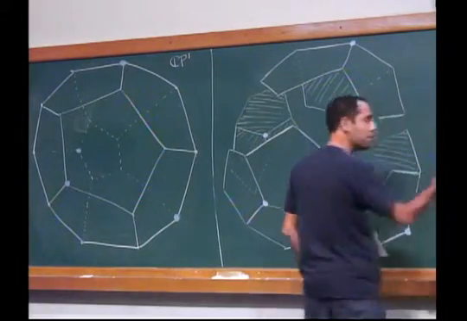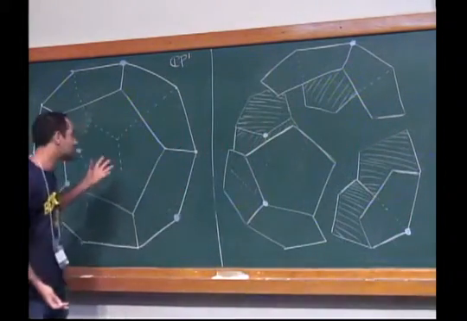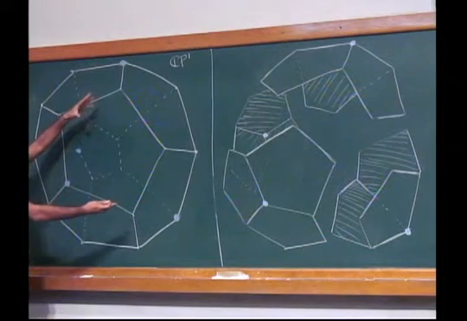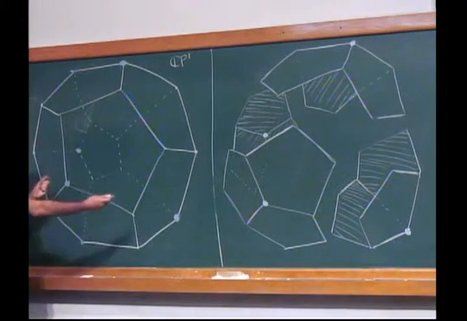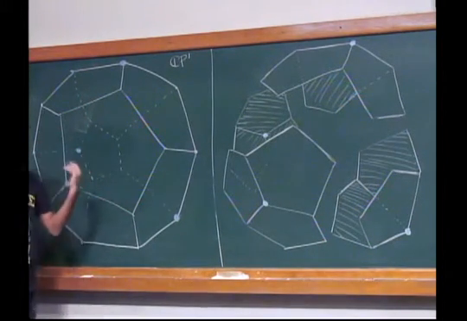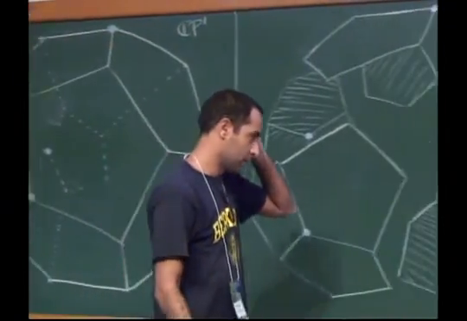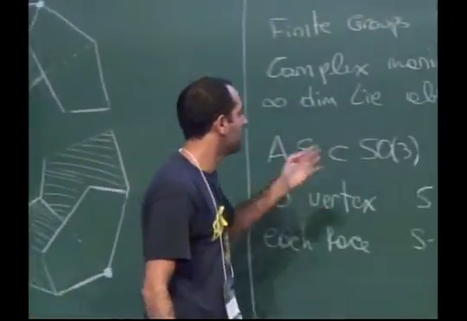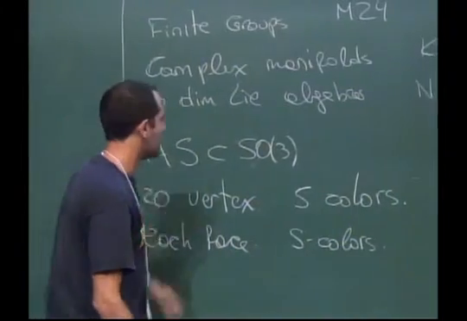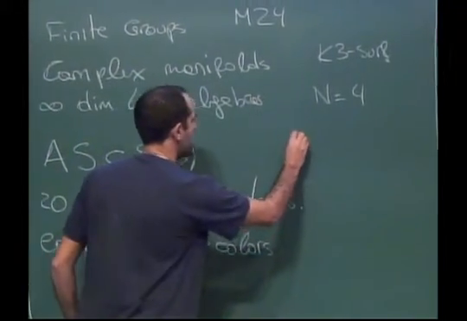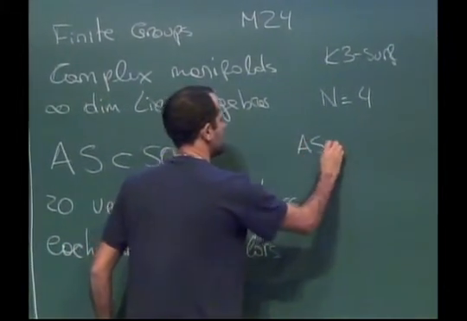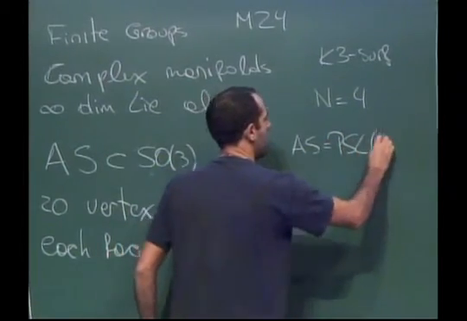And now, what is A5? Well, A5 is permuting those 5 tetrahedra that you get inside of the dodecahedron. For each color, you have 4 vertices. That gives you a tetrahedron. And A5 is permuting those. All right, so having said so, I guess I should also say, this A5, which is PSL2 over F5,